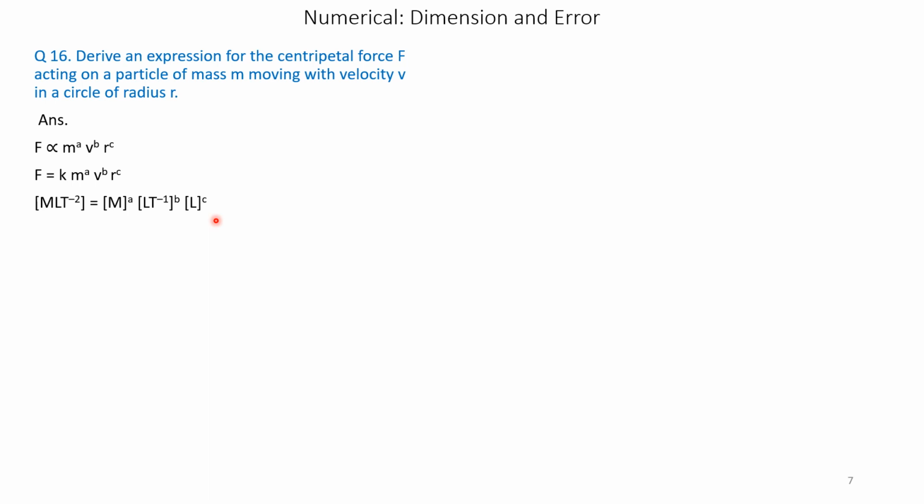Now equating the powers on the left hand side and right hand side, we get M L t^-2 on the left hand side is equal to M^a L^(b+c) t^-b on the right. That is, comparing the powers of M, L and t, we get